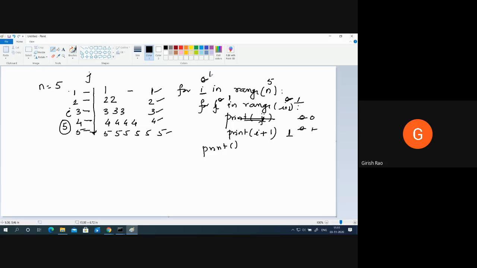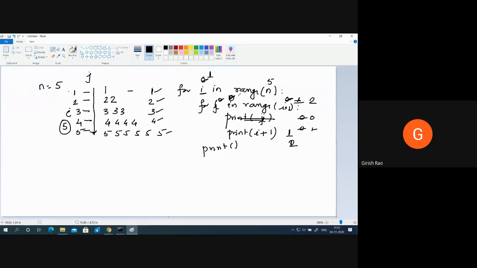What is the value of i? It is 1. Is 1 less than 5? Yes. What is j? 0. What is i? It was 1. 1 plus 1 is now 2. So print i plus 1. 0 plus 1 is 1. That's not the case we want. Sorry. i was 1. 1 plus 1 is 2.